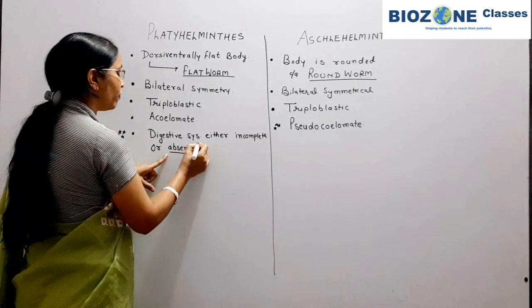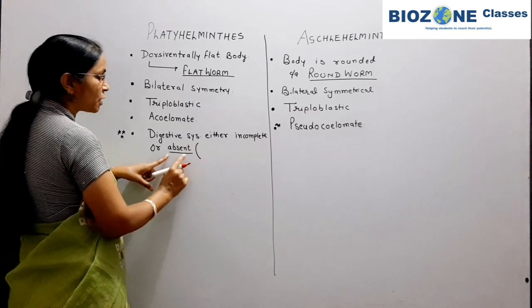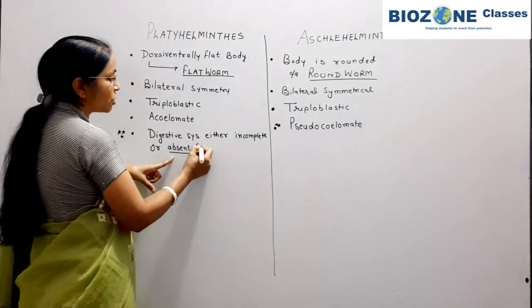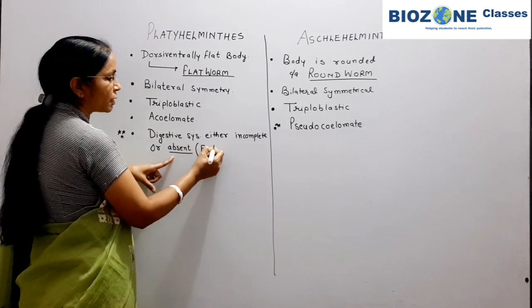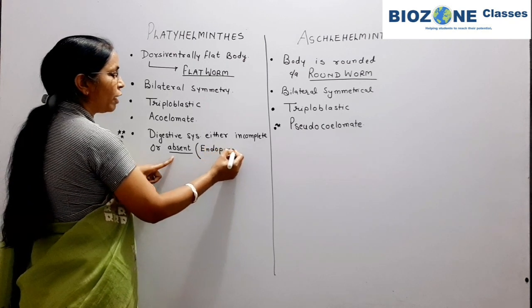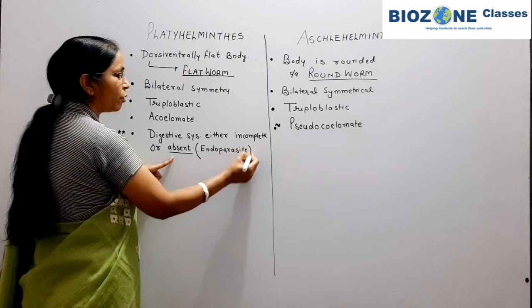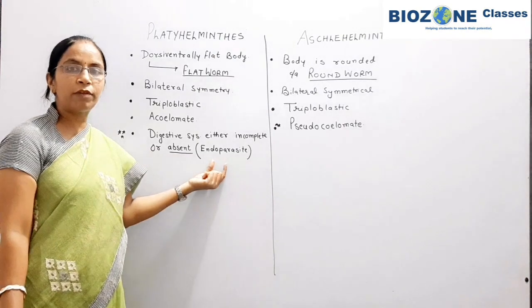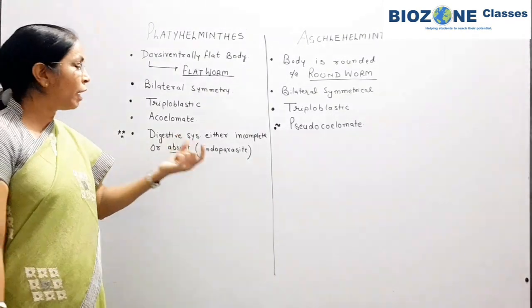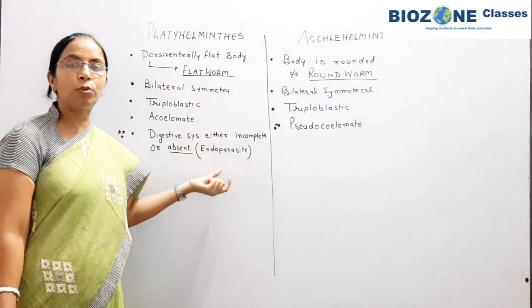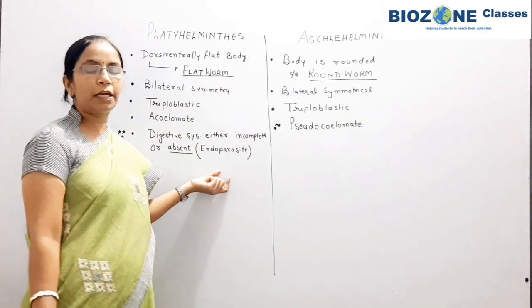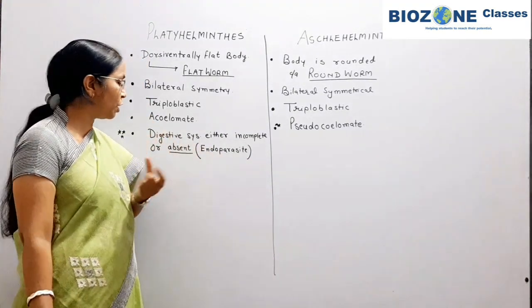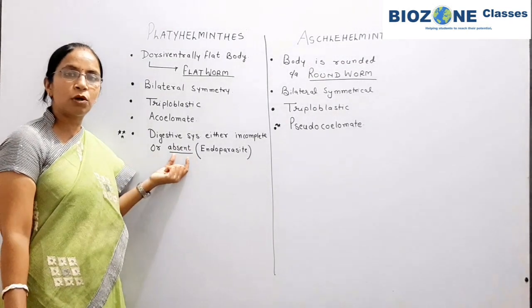When we say the digestive system is absent, remember that it is absent in endoparasites. A common example is Taenia. So endoparasitic forms show the complete absence of the digestive system. If a question asks for an animal without a digestive system and a flatworm is an option, or mostly Taenia solium is provided as one of the options, then Taenia or tapeworm is an endoparasite and shows the complete absence of the digestive system.